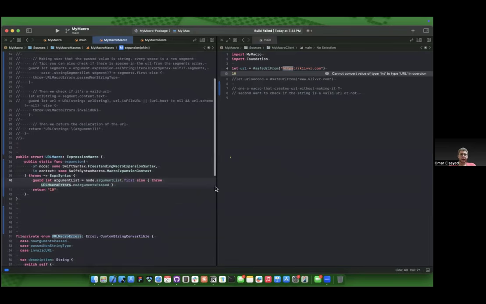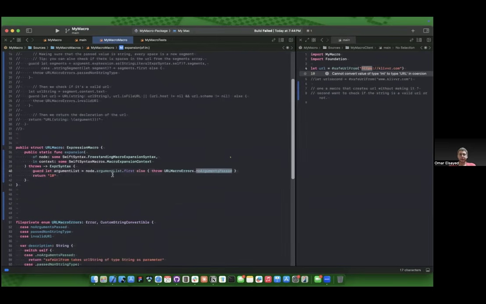I will explain in a bit how to specify the error, but for now, just ignore it. In the end, I will explain to you how to specify the errors to produce, okay? So basically, this guard statement checks if the node has a property called argument list, and if